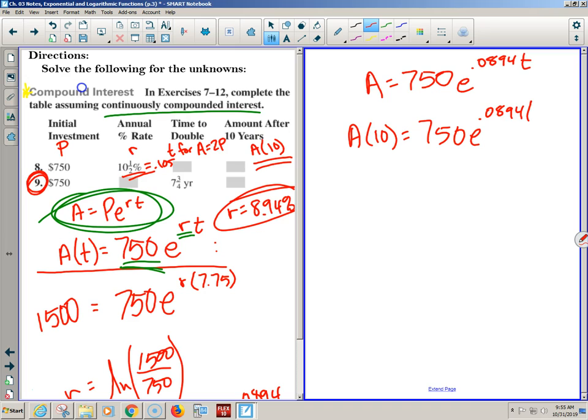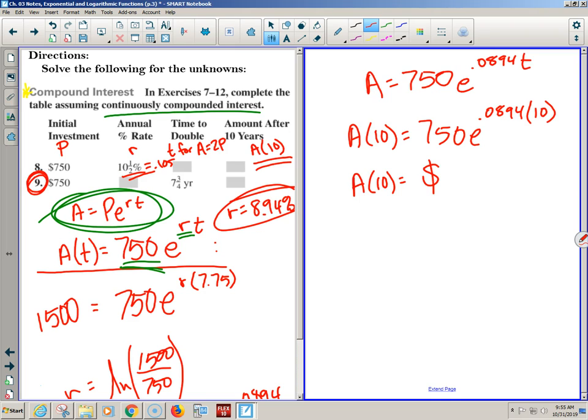And guys, if you notice, is there a lot of rearranging, moving, solving, doing algebra for this one? Nope. Just plug it in your calculator. So the amount after 10 years, if we were to solve for it, it's in money because that's the label for the amount, would end up being